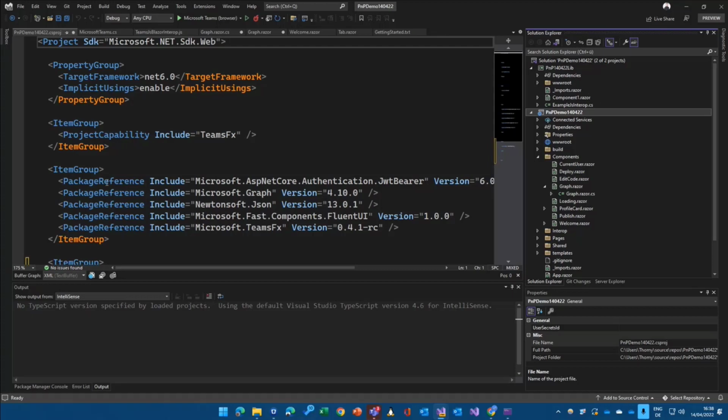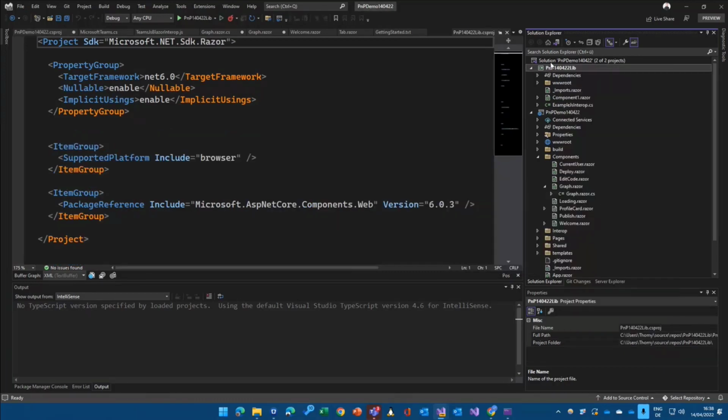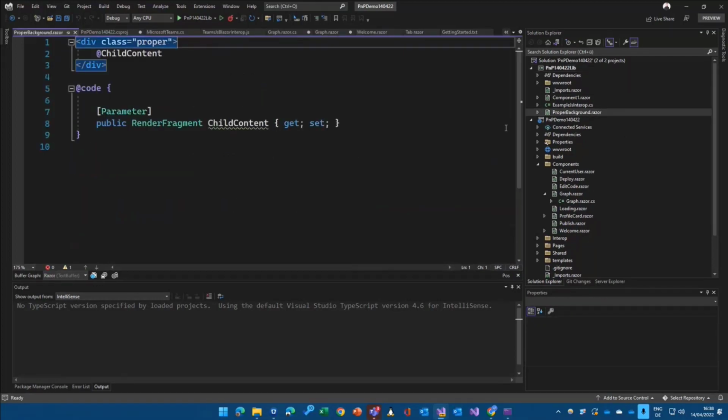I want to show a short use case of what that can look like. I have something prepared over here. So let's take that prepared component and add it here. It should be just like this. So I create something like a proper background file. And I would also need to add, of course, the actual JPEG file I want to be part of that solution. Let's add that in here as well.